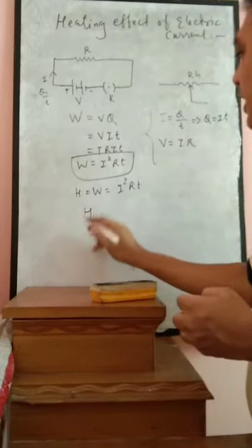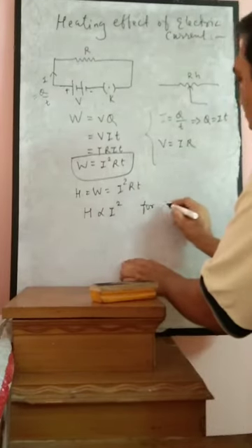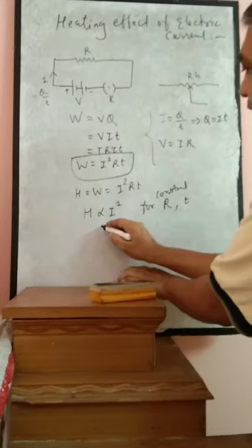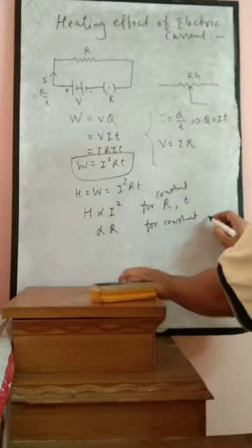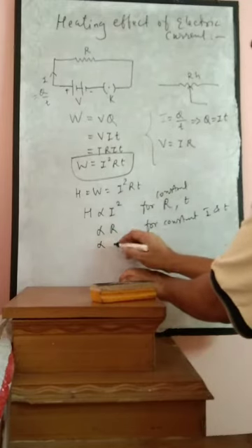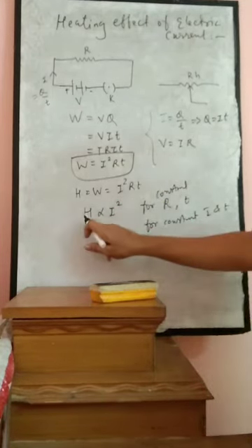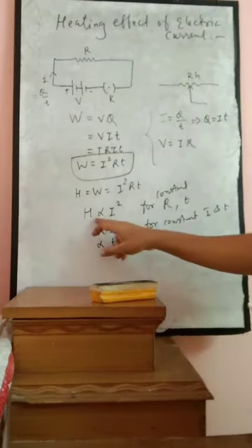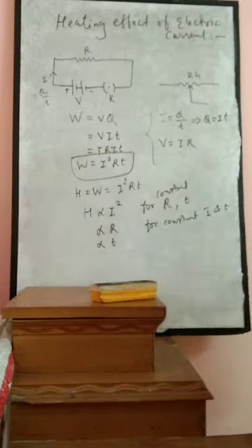According to Joule, H is proportional to the square of the electric current flowing in a circuit through the resistive component, for constant R and constant T. These two values are constant, R and T. Like that, H is proportional to R, but for constant I and T. Similarly, it is proportional to T, but for the remaining two quantities constant, that is I and R. So in short, the amount of heat developed between the two terminals of a resistive component is directly proportional to I square, and, with the remaining two quantities constant, proportional to R and proportional to T. So this is nothing but called Joule's law.